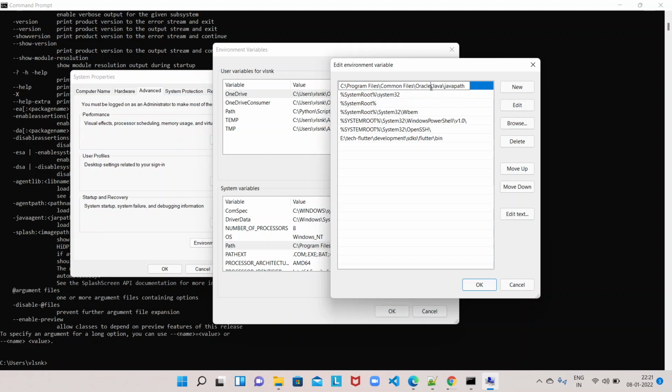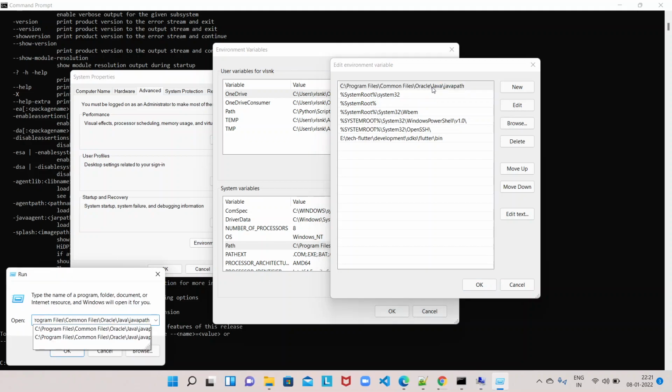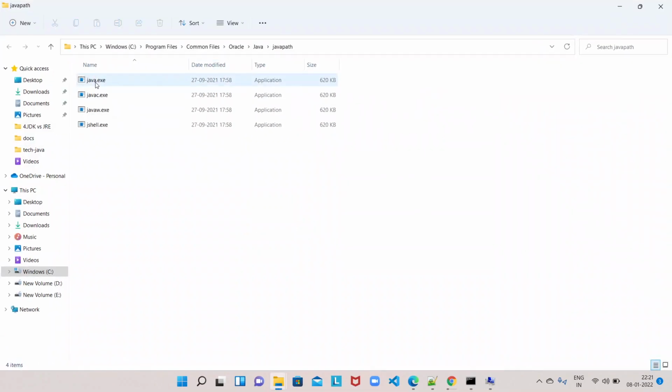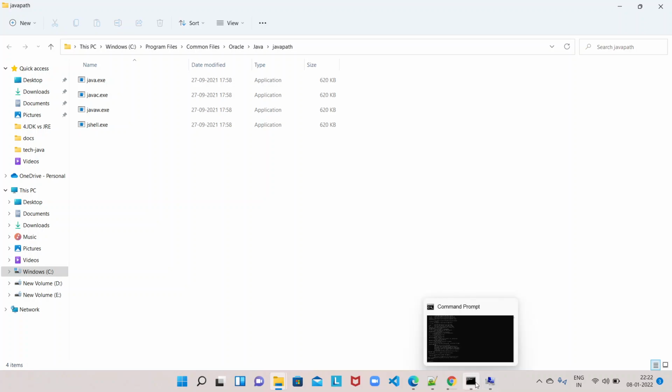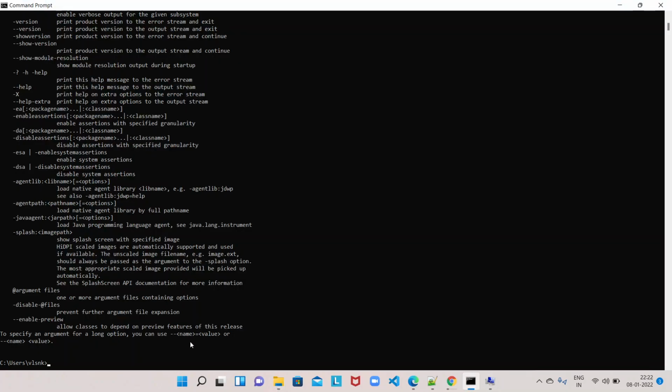If you go to this path, that is actually referring to your Java installation. See java, javac, javaw, jshell commands. These are all copied into this path during the JDK installation, and that path is configured as a path entry in the system environment variables. That is why it is being identified in the command prompt.